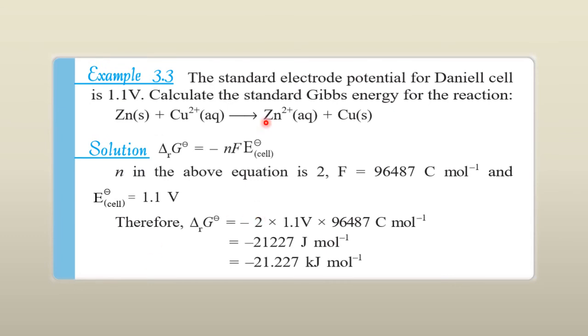Next, how are we able to calculate the Gibbs free energy for a given Daniell cell? Now why is it a Daniell cell? Because zinc and copper are there. That is why the galvanic cell is called the Daniell cell. We have the formula delta G0 is equal to minus NF E0 cell. N is the number of electrons exchanged, which is 2. F, in this case the F value is given, so we are going to utilize this value. Otherwise we use the constant, that is 96500. So in this manner we are going to calculate, and this is very important.